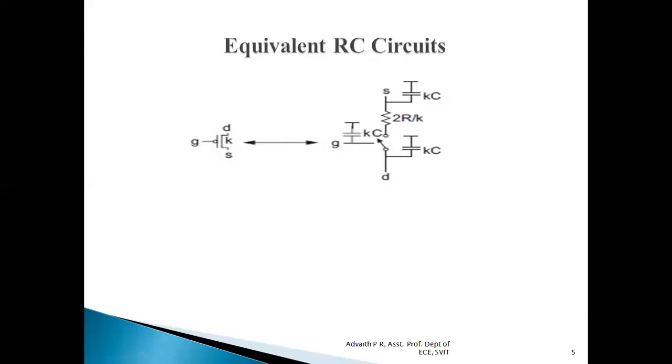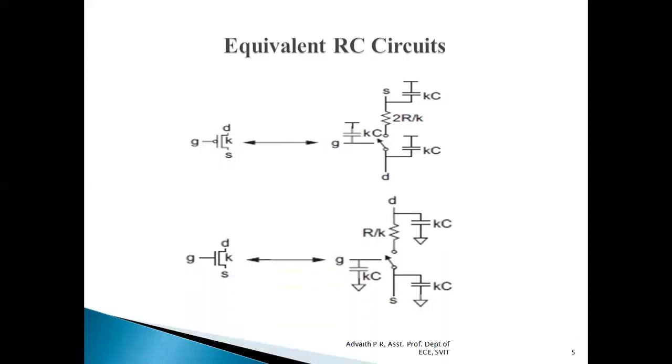Similarly, let us focus upon the second variant of MOSFET, the N-channel MOSFET. As I told you, there are three terminals which we consider theoretically: source, drain, and gate terminals. Along with this, one more terminal, the body, is there, which is not shown in this symbolic representation. Equivalent modeling of this N-channel MOSFET using resistors and capacitors is as shown. Along with a switch, there is a resistor having a resistance of R, and K indicates the width of the MOSFET.